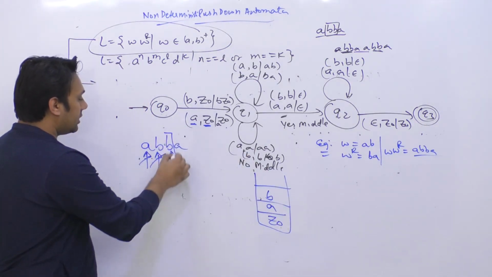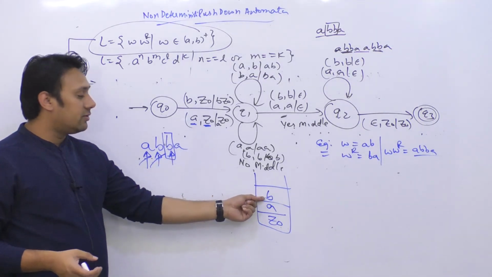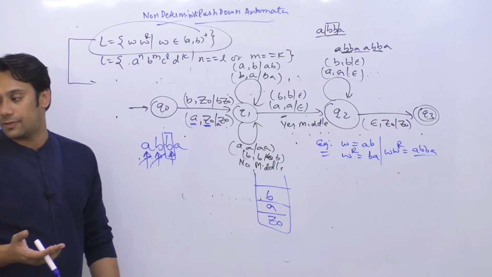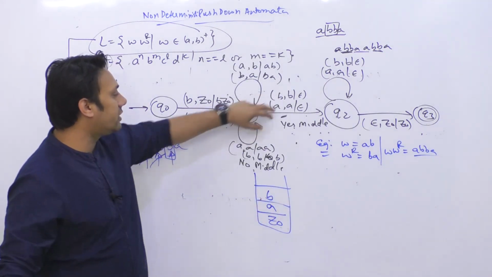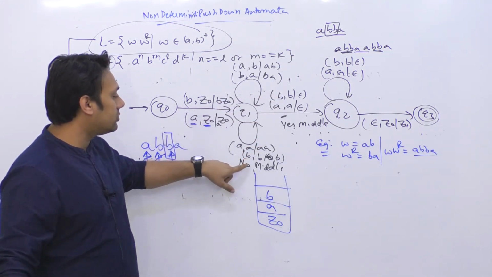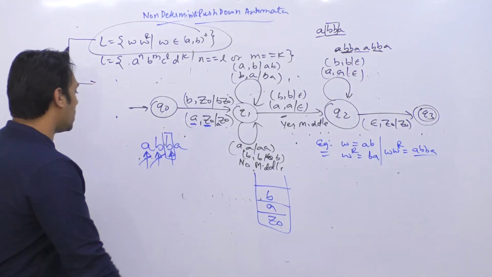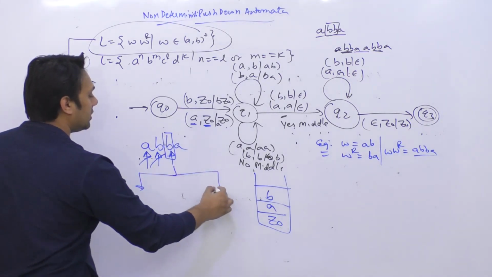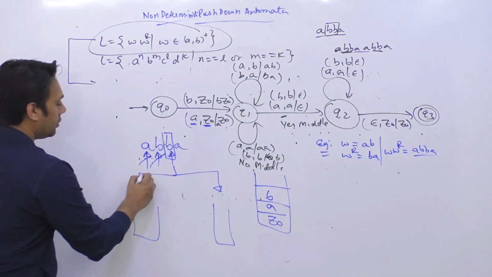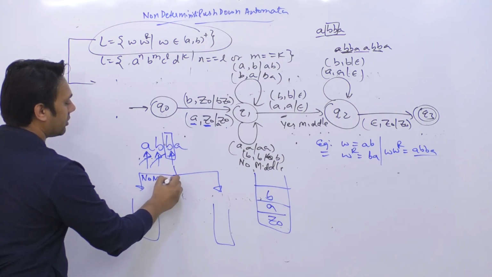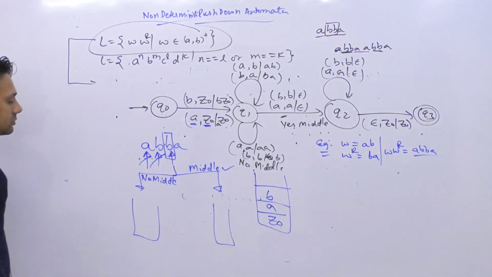Now the third symbol here is B. This is where the problem arises, because the third symbol is B, and the top of the stack is also containing B. So the top of the stack is also matching with the symbol. So in that case, again we have two different transitions here. In one transition it is going to assume that the middle point has not been reached. In the second transition it is going to assume that the middle point has been reached. So now this pushdown automata will create two different copies of itself. In one copy it will say that the middle point has not been reached. In the second copy it says that the middle point has been reached.